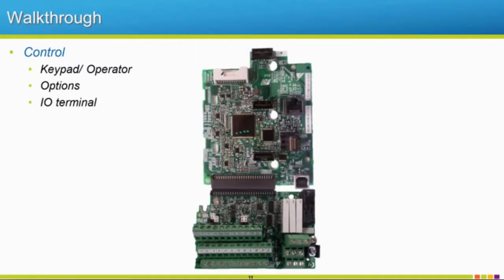Then we have our terminal board full of our inputs and our outputs, all of our digital, so our ones and our zeros, and our analog signals, so our 0 to 10 or 4 to 20 signals are all located on our terminal board down here. This terminal board is nice. It has non-volatile RAM, so if something was ever to happen to the rest of your drive, but your terminal board was okay, you could just use your old terminal board in your new drive as long as certain things are kept the same, like it's the same size and control method and